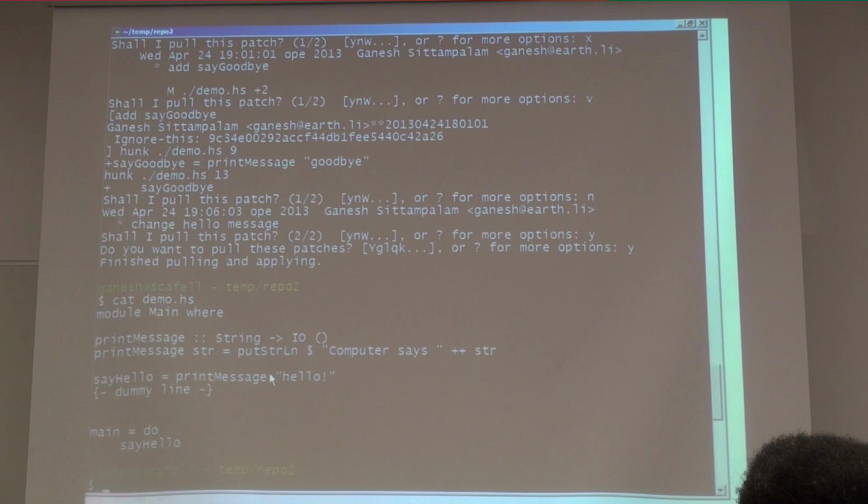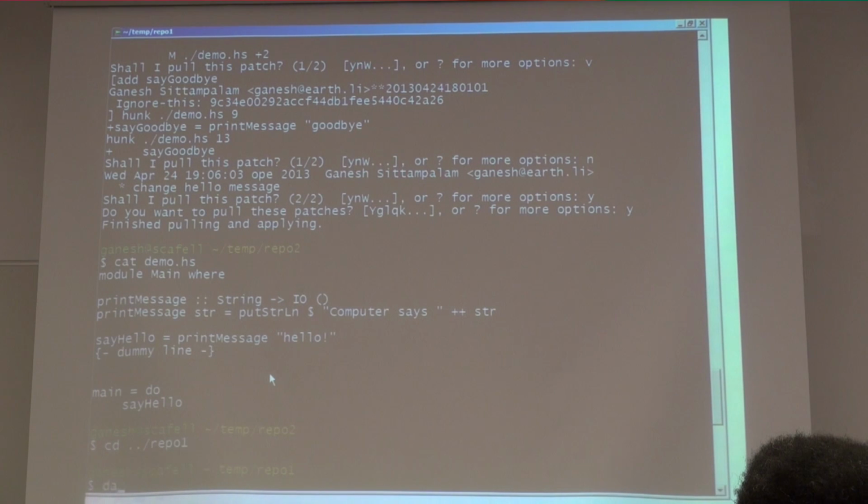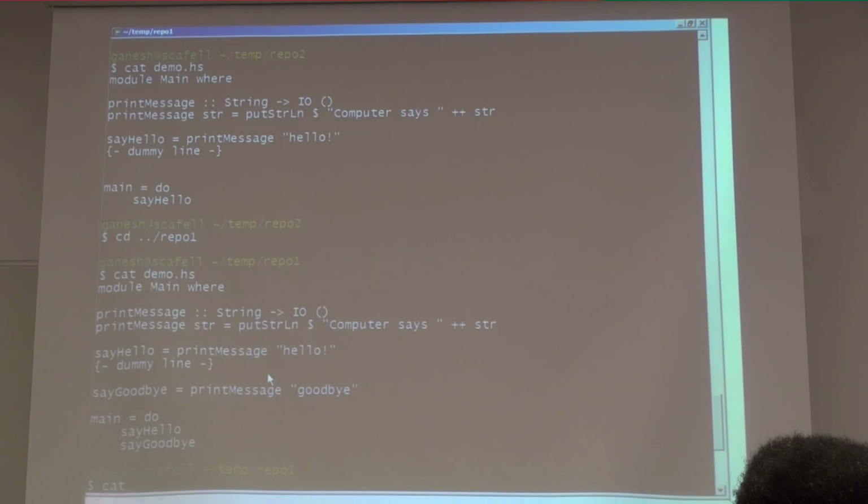Okay, so yeah, I've got this change that was one of the 2 changes I made, but not in the order that I made it. Now I'm going to go back to the other repository, and I'm going to use a command called Darcs replace. So Darcs replace is a search and replace operation on your repository. If I show you demo.hs, I've decided I want to rename the print message function to something different. So I'm going to do Darcs replace print message output message